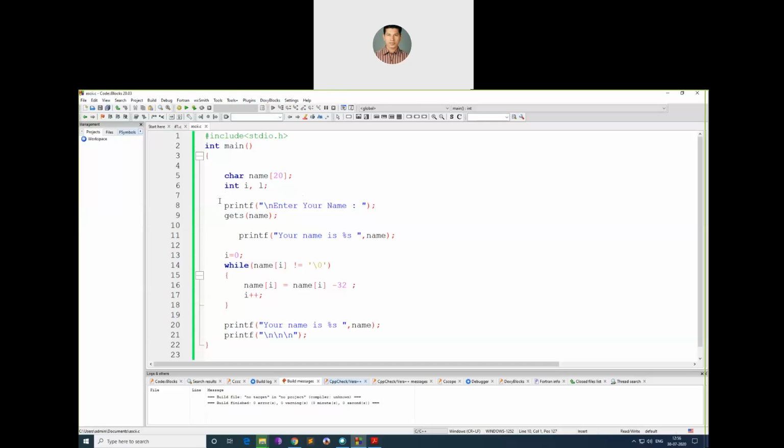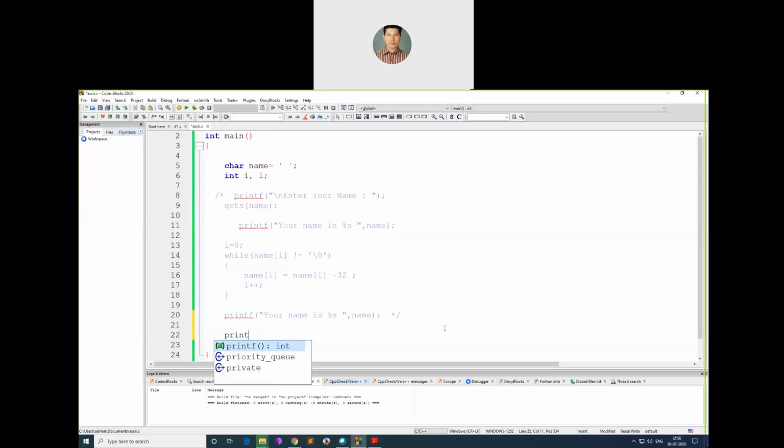I will comment all these lines, then you'll understand why it is taken like that. So I will take it as name equal to just a space, and I'll printf %c, new line, %c equal to name.